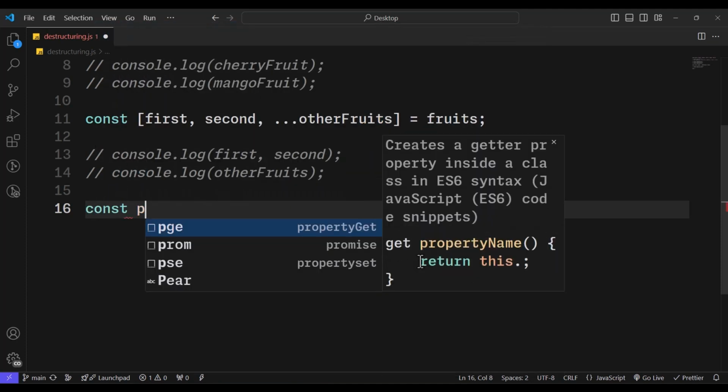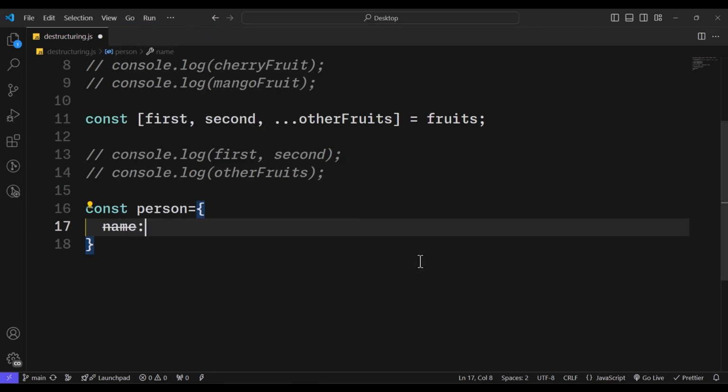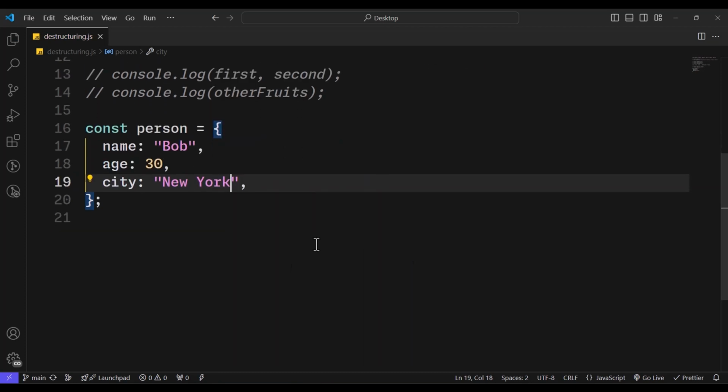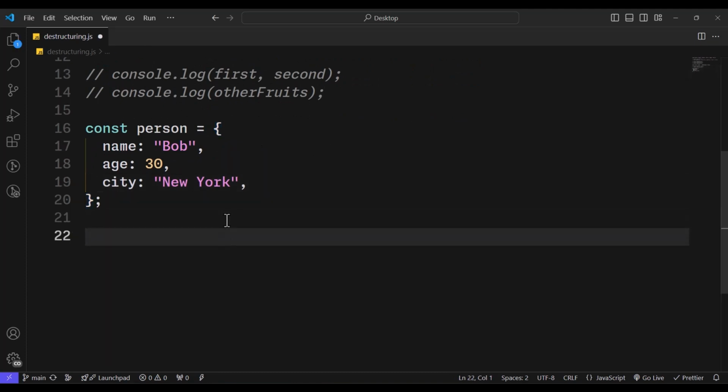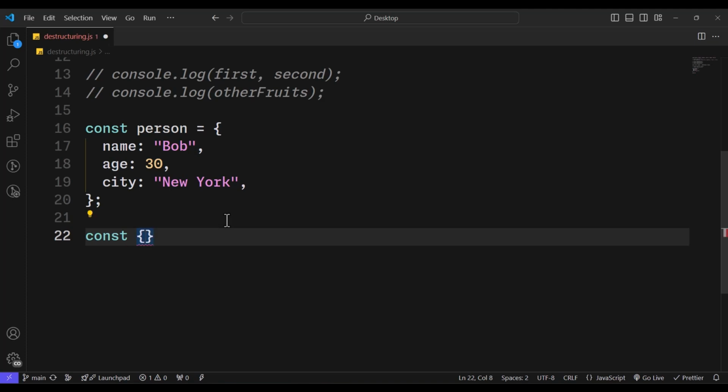So I'll say const person, a person object, put the name here of Bob, the age of 30, and then the city of New York, and save. So this is my person object. So let's look at how we can destructure the properties from this person object. So it also goes like this. Over here we use what? Curly brackets,